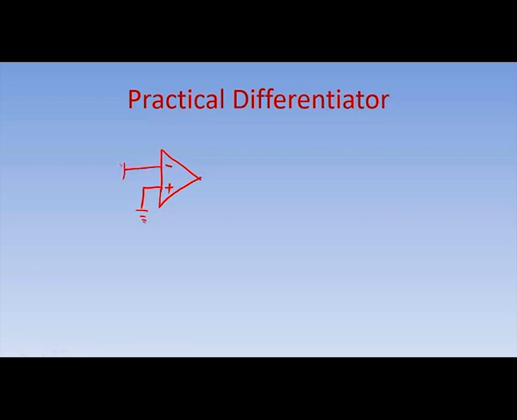In the ideal differentiator, we have a capacitor at the input side and a resistance connected here. Say this is R1, C1, and this is Vi, and in the feedback we have a resistor, say this is RF,